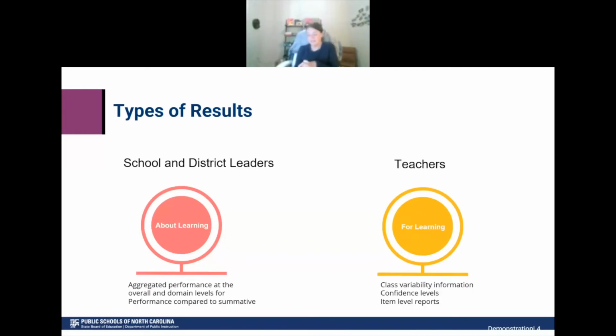And then finally, there's item level reports, and that's where teachers can start to see how students are performing against different standards. We don't provide a standards mastery determination because the test is just too short to be able to support that. That information wouldn't be reliable, and we'd run the risk of making potentially poor decisions based on that data. So, as we've built this, we thought really carefully about the assessment design and the psychometric model underneath it, so that we make sure that the information we do provide is both valid and reliable.